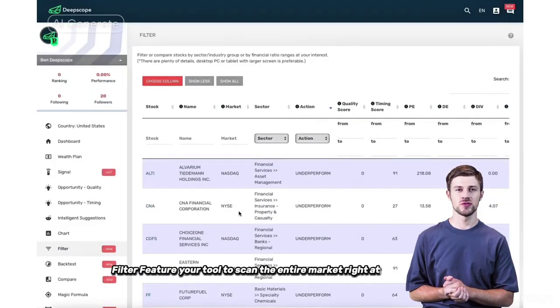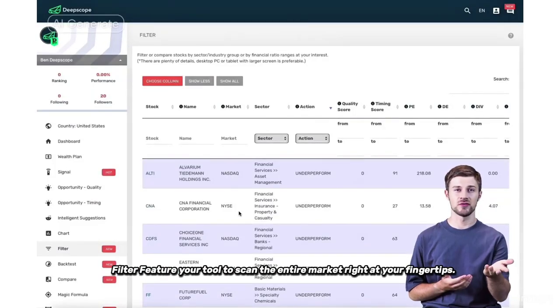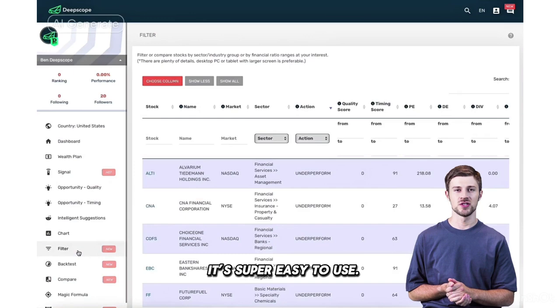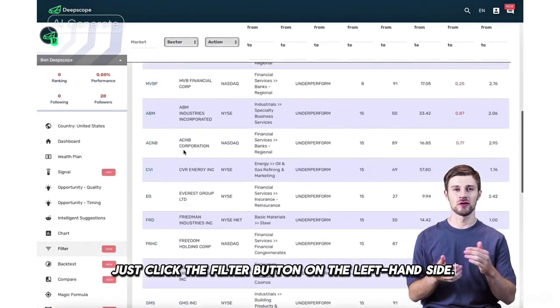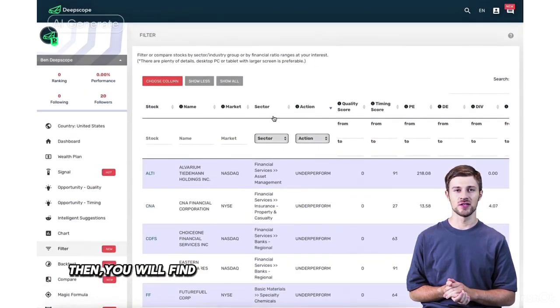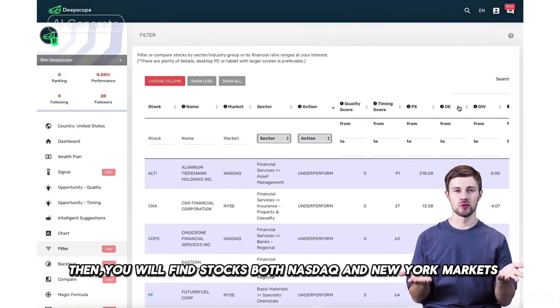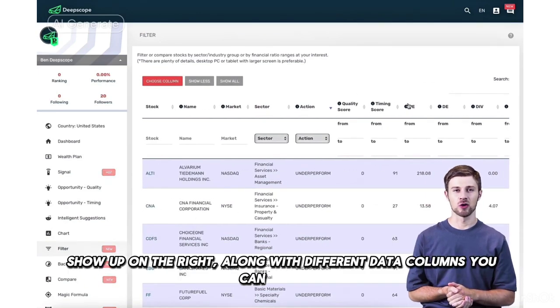The Filter feature is your tool to scan the entire market right at your fingertips. It's super easy to use. Just click the filter button on the left-hand side. Then you will find stocks from both the NASDAQ and New York markets show up on the right, along with different data